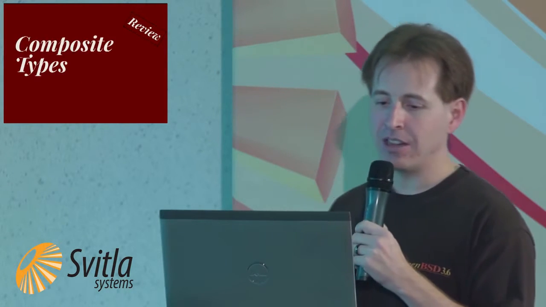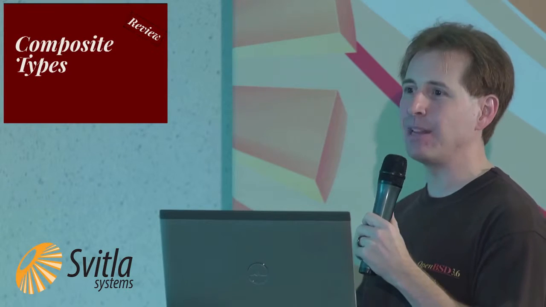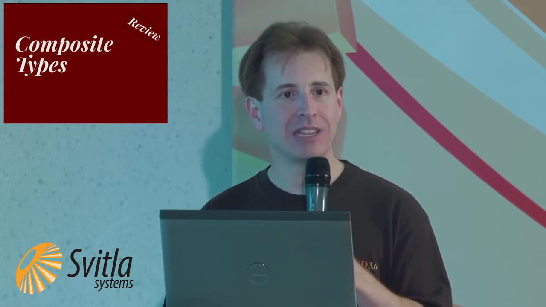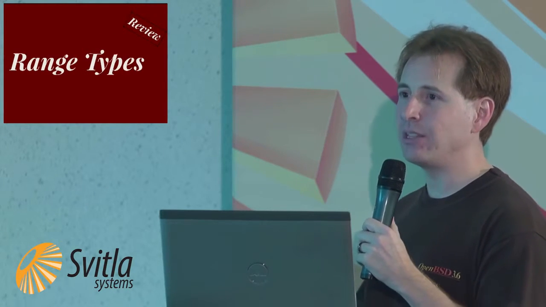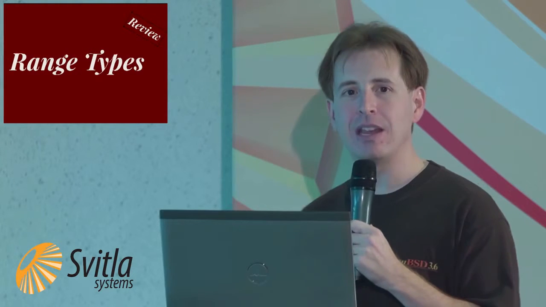Then I talked about the JSON and JSONB types for fully schemaless documents. And then talked about composite types for the nesting benefits of using documents, but with the data consistency benefits that come from using a defined schema. And finally, I talked about range types and how using them with exclusion constraints can make it much easier to